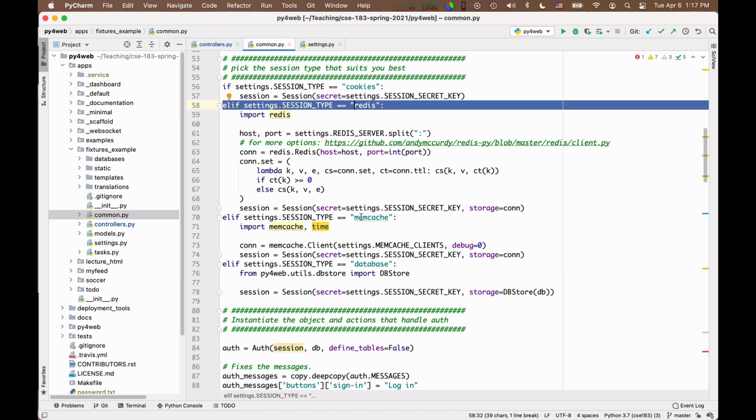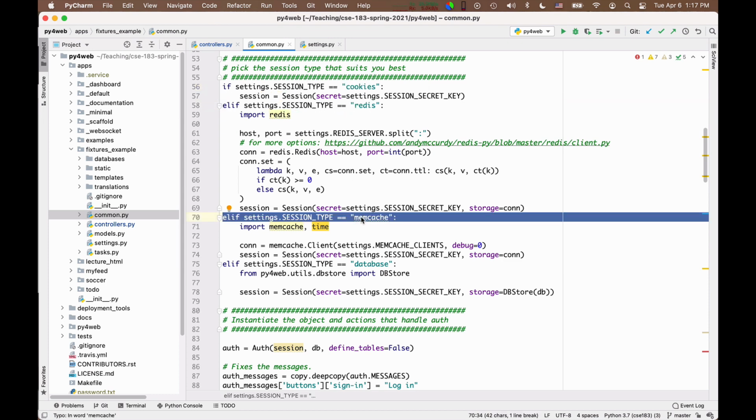Redis and Memcache are 2 memory cache services that you can use. And the idea is that the access time hopefully is going to be smaller than the database one. Okay, so you can do that. The drawback is again that these services typically do not guarantee that they hold the information forever. And so again, you run the risk of logging out users randomly. So I don't particularly love them.